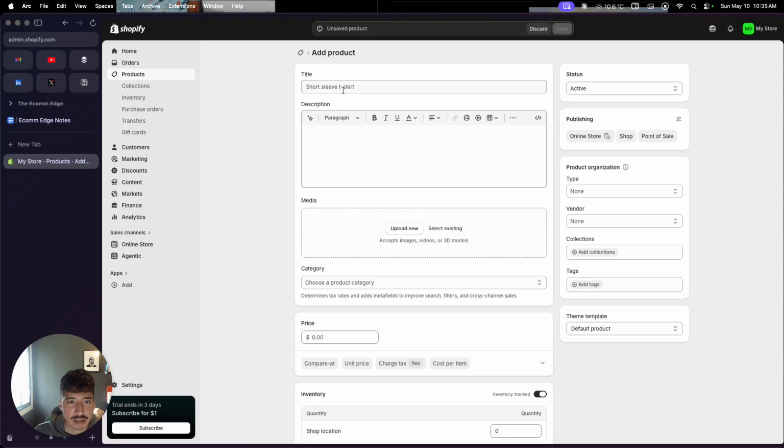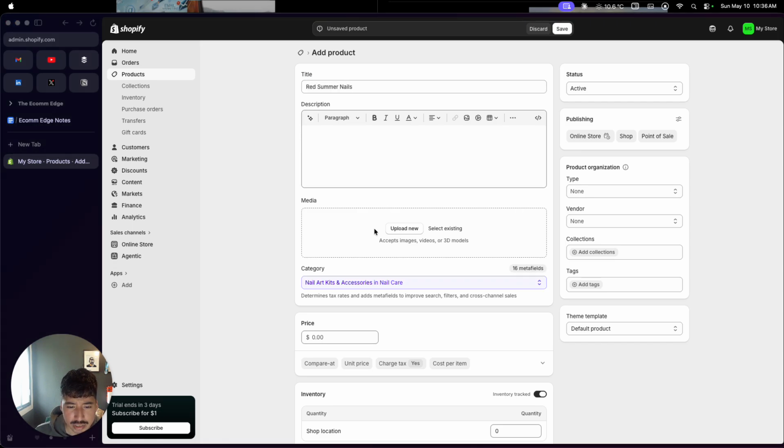So now that we're here, we're just going to start to create and add a product. We're going to call this red summer nails. I hope I'm entering that right. And then we're going to go ahead and upload images. So I went ahead and found some images of